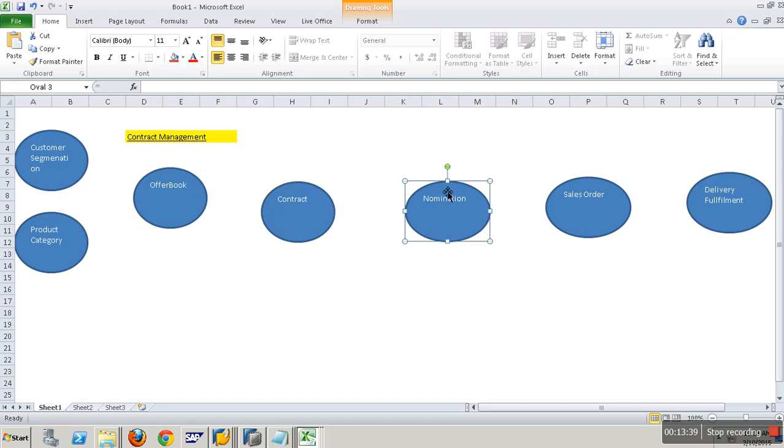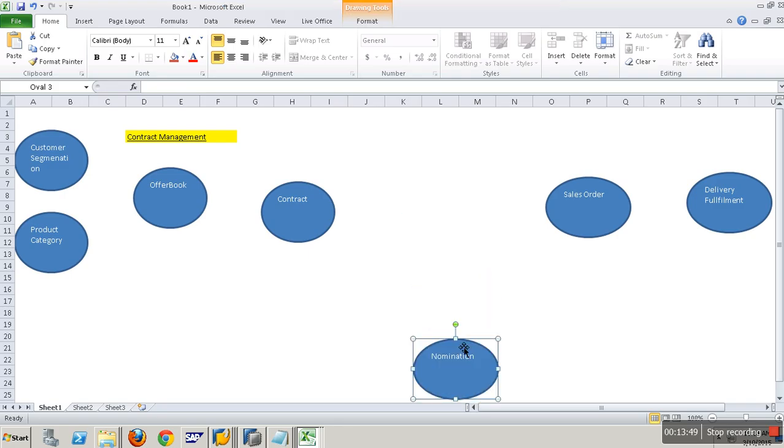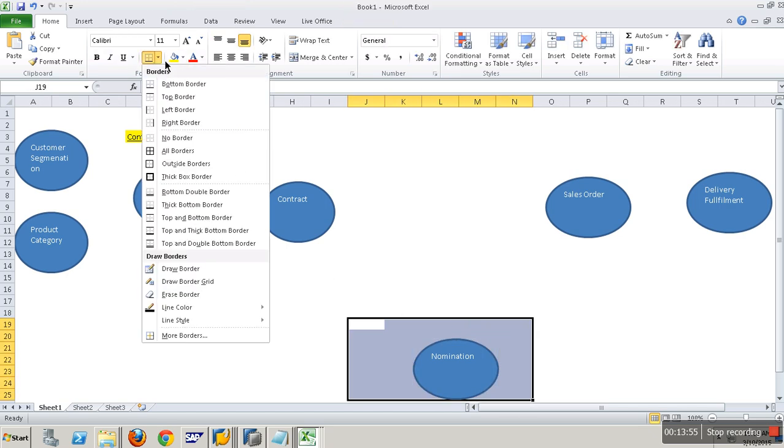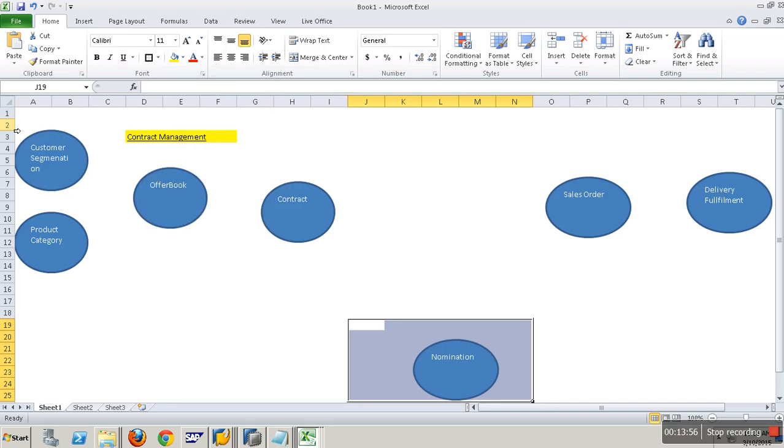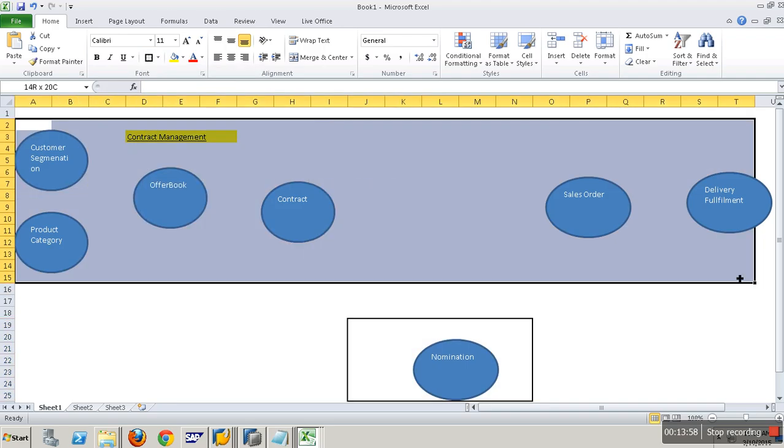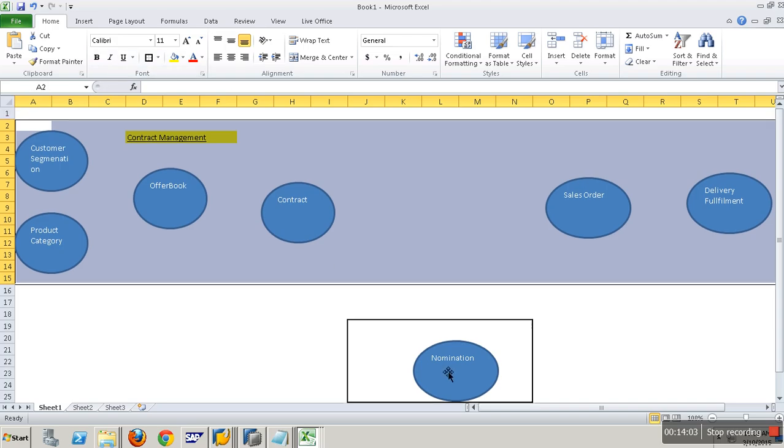Okay, boss. If you want to really make it more complex and want to make it multiple sources, you can say the nominations were in an external application. All the nominations were processed in a different application. All these are in ECC, but the nomination transaction was done in a different Java application or mainframe application.